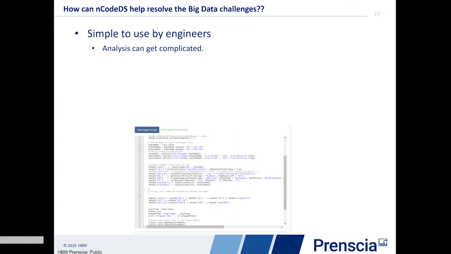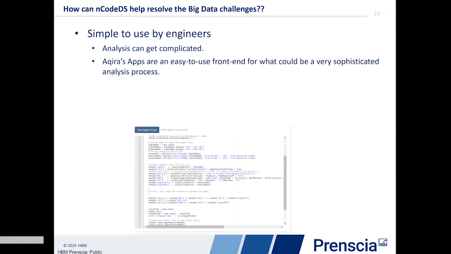So the idea is there's whoever is writing it, potentially a data scientist or an engineer comfortable with scripting, and who's using it, right? So we want to use Akira's feature called apps to turn that script into an easy to use app, right? That anyone could use, and that contains a very sophisticated analysis.